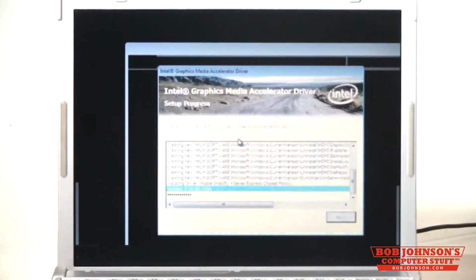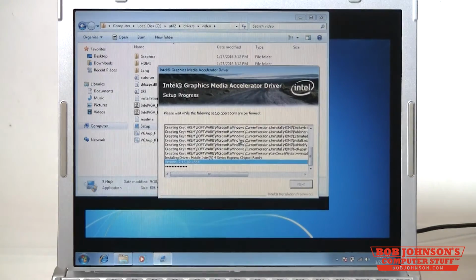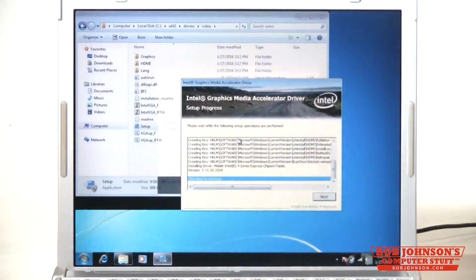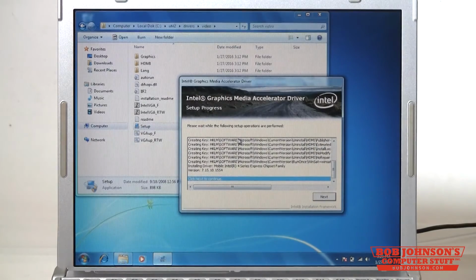The screen may flash during the process. That is okay. That's to be expected when you're installing video drivers. Now you just have to click Next.